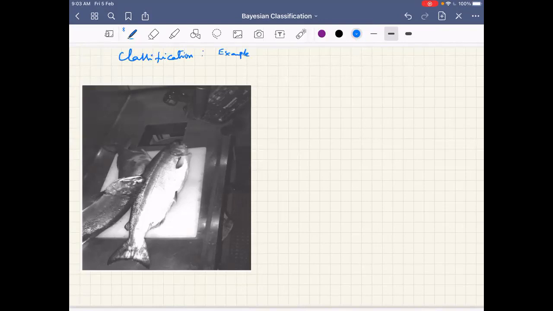Any answers? Do we have any training examples, or do we get one example every day? We just started. We don't have any examples to take measurements from. From the very first fish itself, I want to put it into two categories: one is sea bass, the other is salmon. Any suggestion on how to go about this?